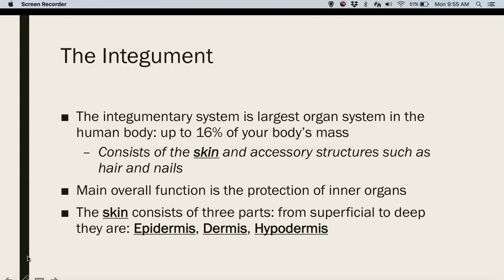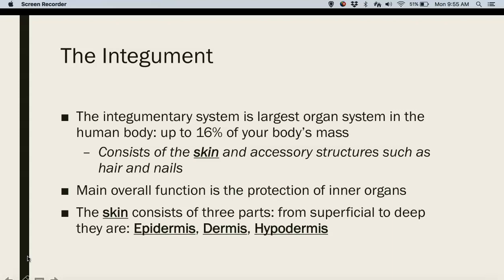and then also focus on one of the layers of the integument. So I'll talk about that momentarily. The main overall function of the integumentary system is protection. It provides protection against abrasion, protection against water loss, and protection against the onslaught of things like bacteria and other infectious agents. So it provides a barrier to the external environment so as to give you a first layer of protection for